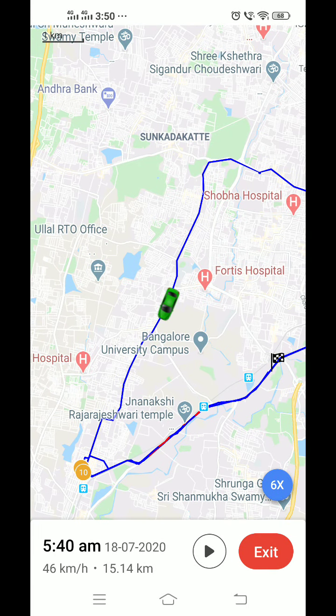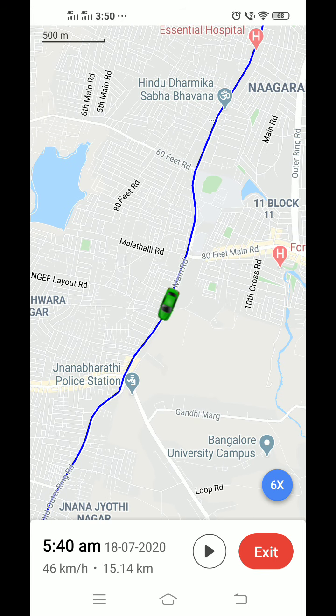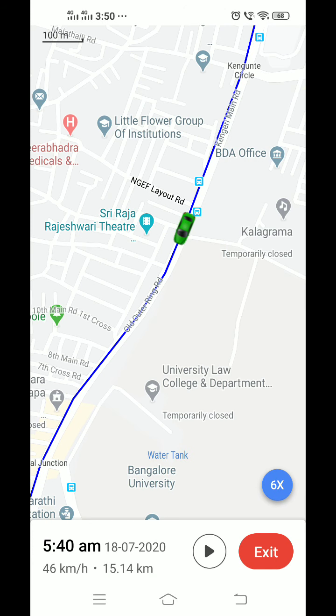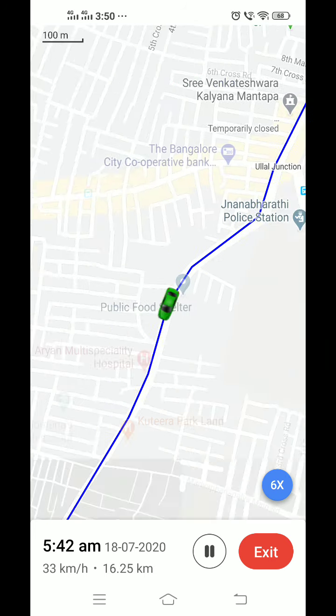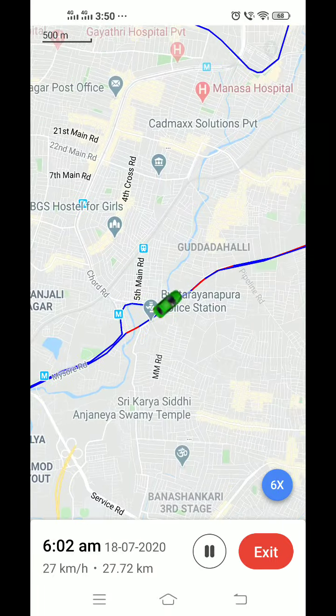You can even pause, zoom in, and click on that particular vehicle. You can see the kilometer as well as the time of the vehicle, by what time the vehicle was near the Rajeshwari Theatre. I'll exit now, or else you can even play and view the complete trip of a vehicle.